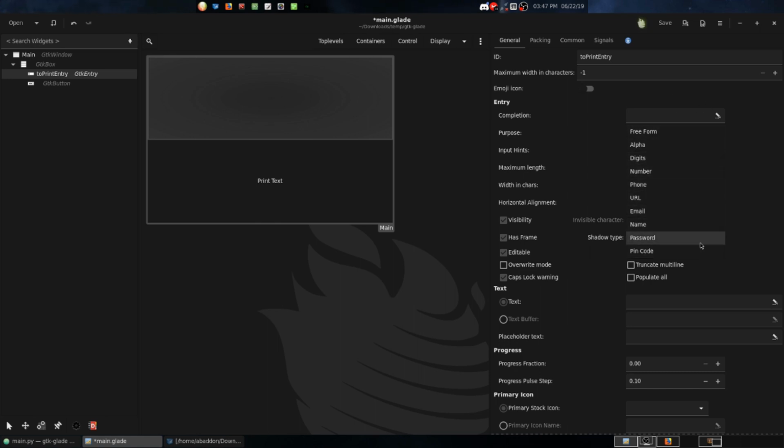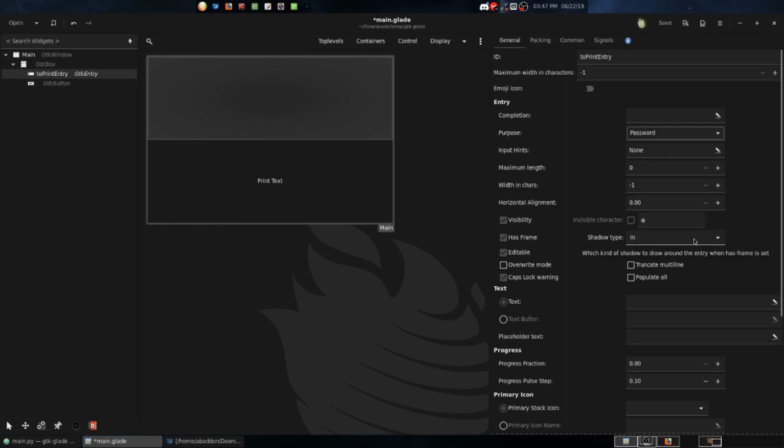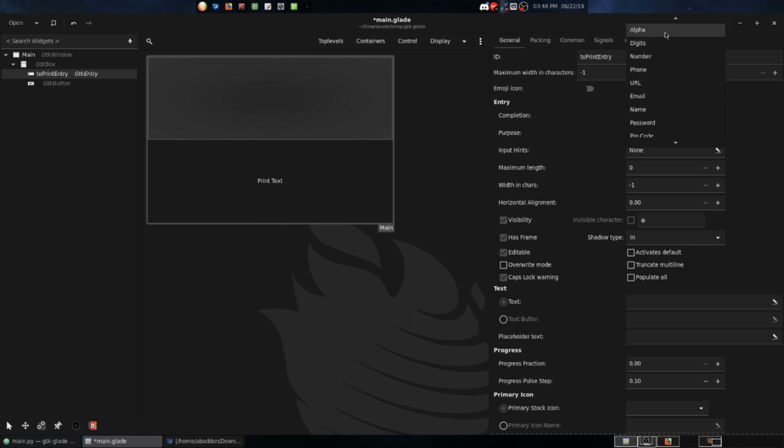As a quick example, if you choose password, then further down below, you'll see an option that says visibility, checkmarked. When you hover over it, it says false displays the invisible character instead of the actual text, i.e. password mode. So if you were to uncheck this and then check the invisible character, it'll then display an invisible character type for you. Okay? So I'm going to uncheck that, recheck this, and then convert this back to